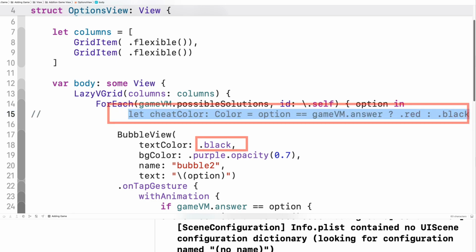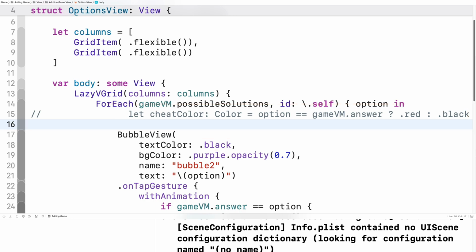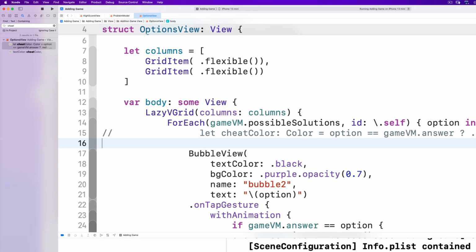Maybe I want to comment it out so I can use it later if I want to become a cheater again, right? Or I could just remove it from our code completely. Let's search for cheat now. It should only be in the comment. Yeah, it's only in the comment. So if I press Command period and Command R,